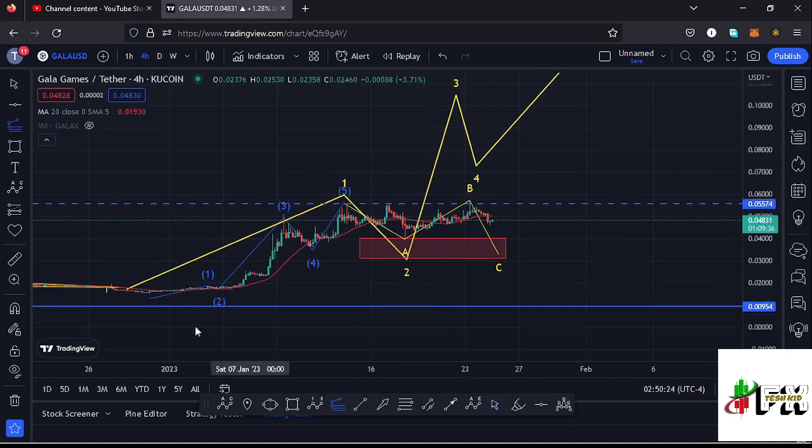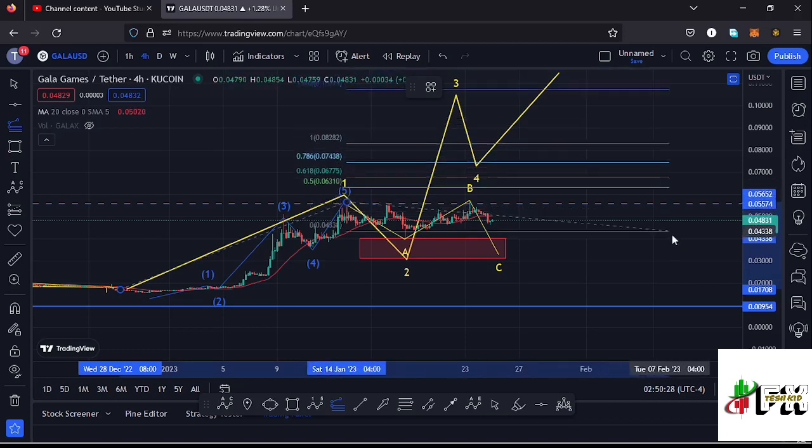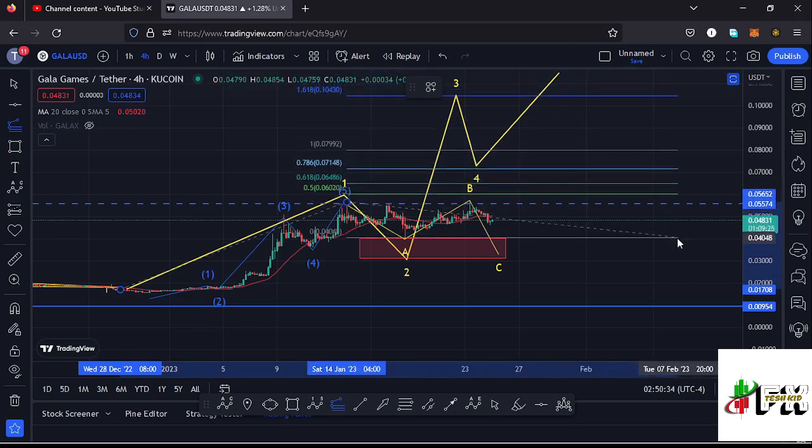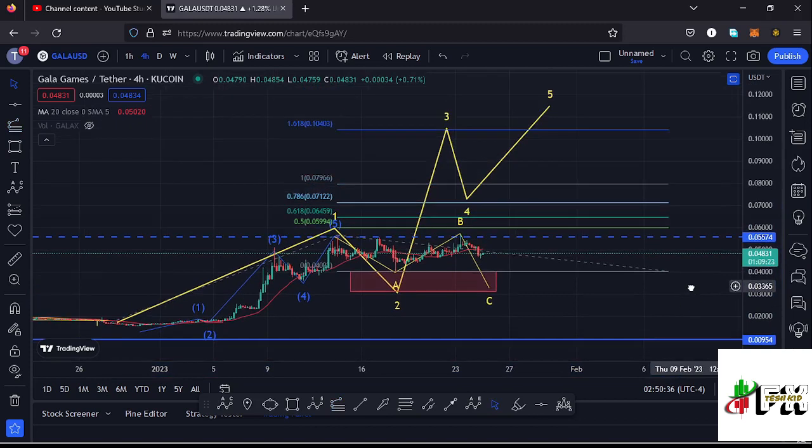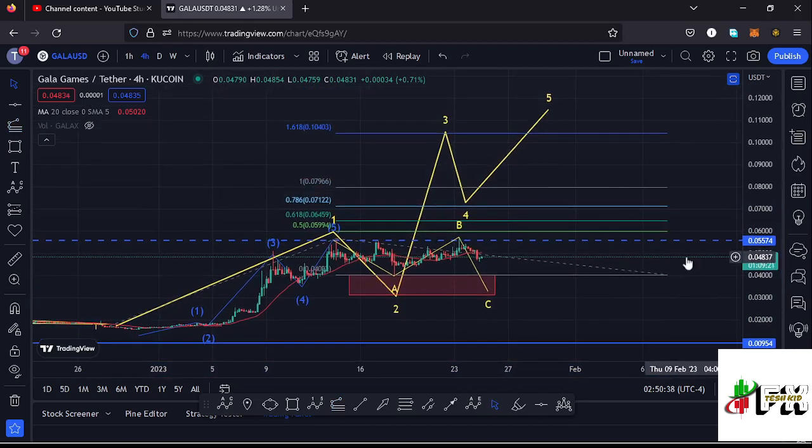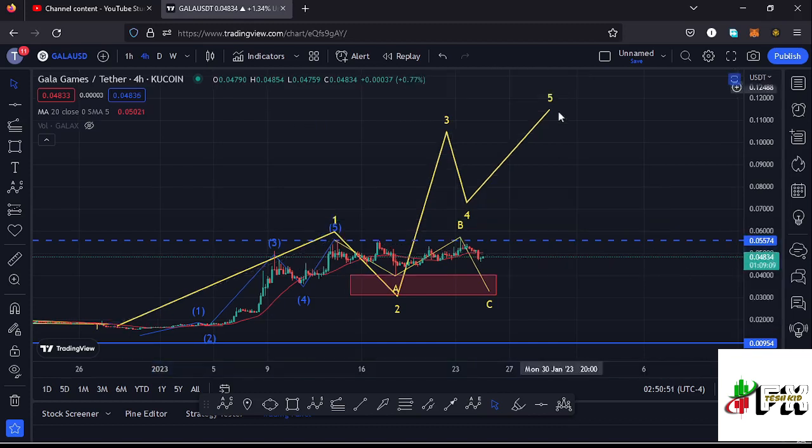connecting the trend-based Fibonacci from the low of the first wave to the high of that wave 1, then dragging the fibs to the low of that second wave, and that gives me a minimum target area to the upside in the formation of that wave 3 at the fib level 1.618, which perfectly lies at around the $0.14 mark. And that is the minimum that I will expect that higher Elliott wave count 3 to do in case we continue pushing even higher, see a break above the 20-day MA, also manage to break above the wave 1 high at around the